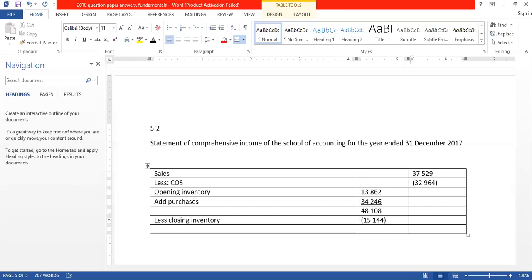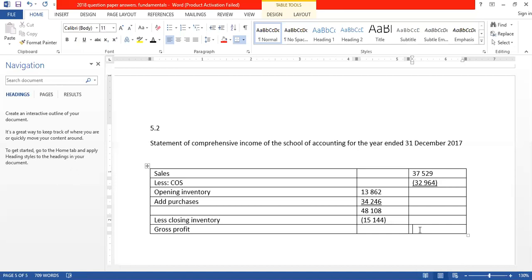So sales less cost of sales will give us what? It always gives us our gross profit, so we have to add up these amounts. So how much is our gross profit in this case? So 37,529